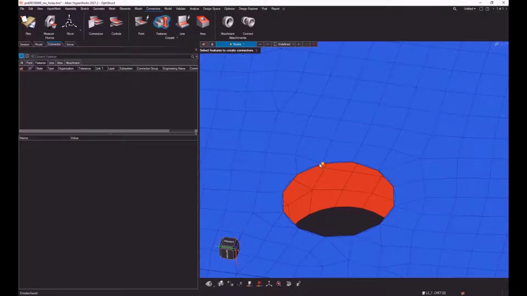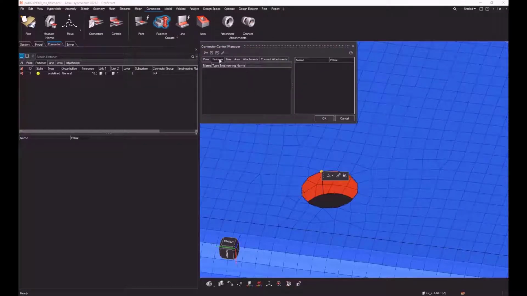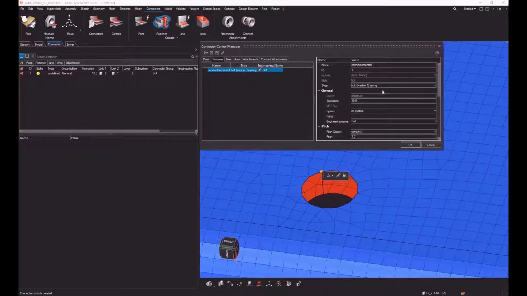We'll pick it either on the blue part or the red part. It gives you the initial projection that it's found, verifying that indeed it has found these two parts as a connection. And then what we need to do is create a new fastener control. So fastener, create, and for now we'll just do a